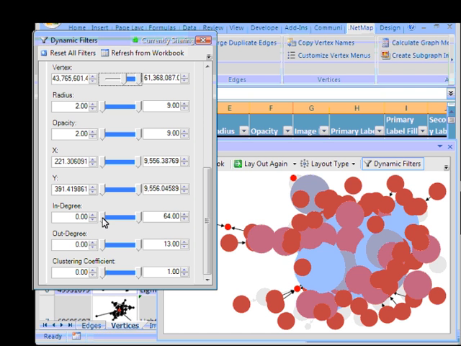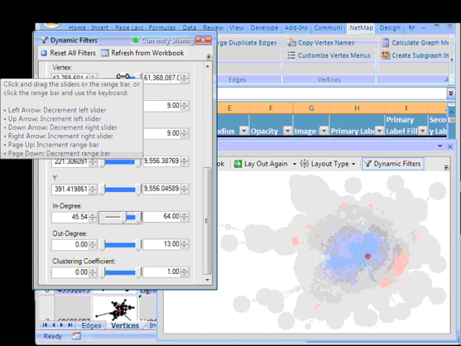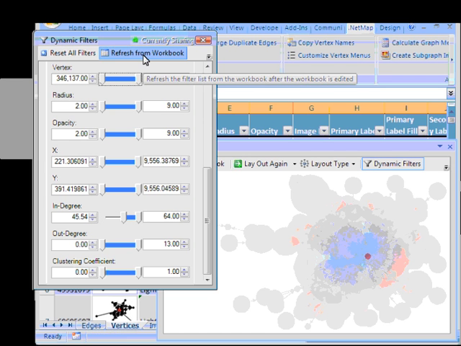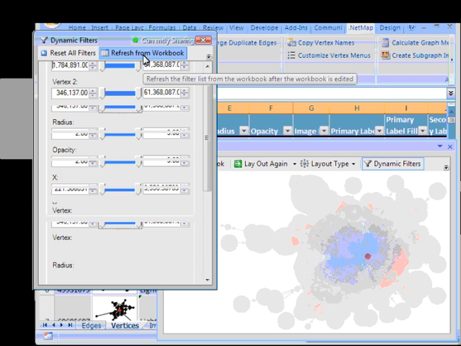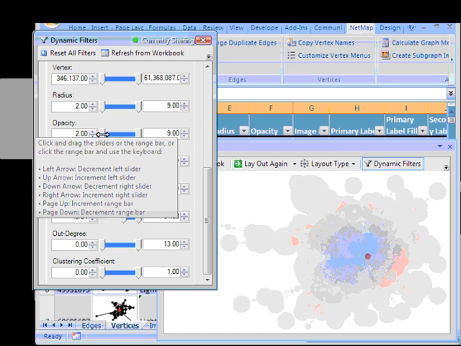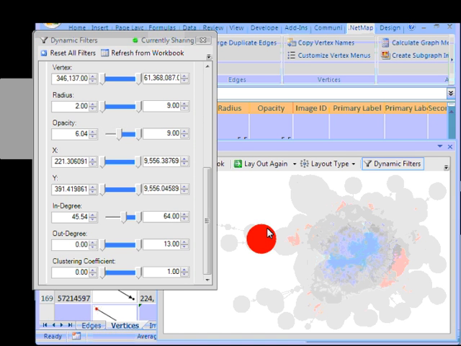I might want to see only the people with high in degree. And again, some things have then disappeared. We can now interactively work with the workbook rather than going back every time to the spreadsheet. So this is a way of limiting the view of the chart in some useful ways and in a more interactive way.